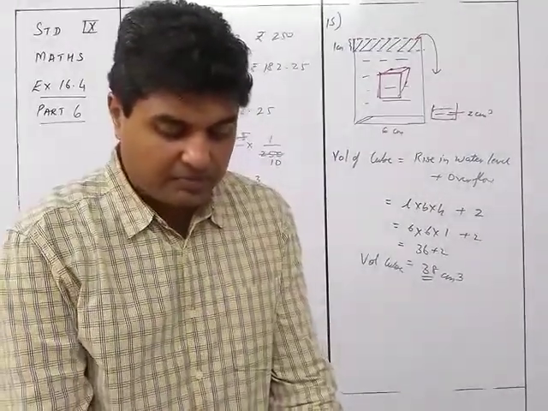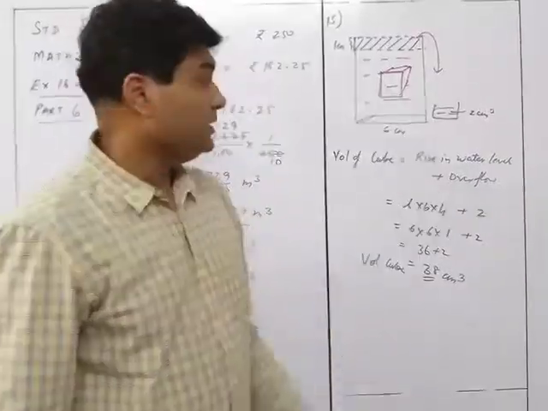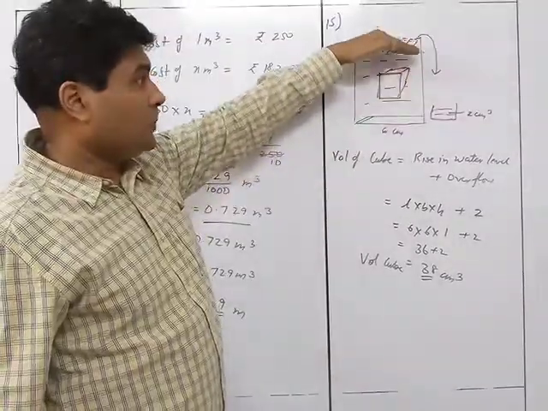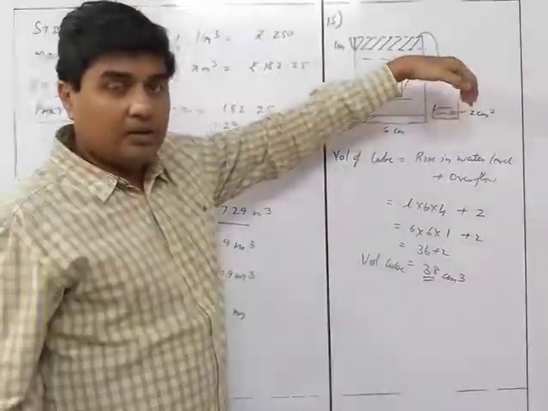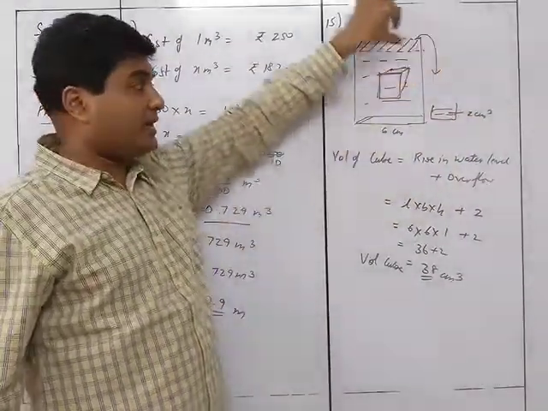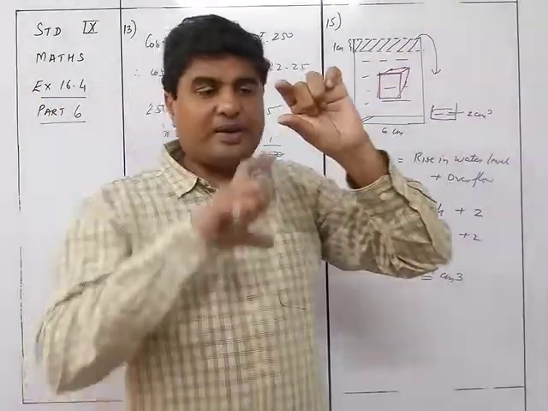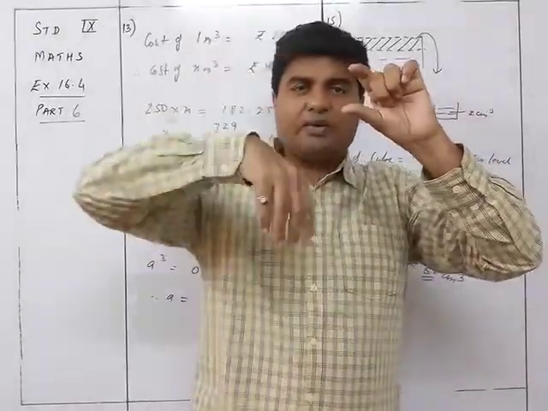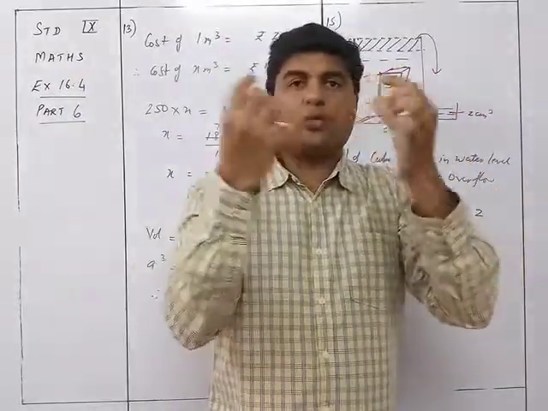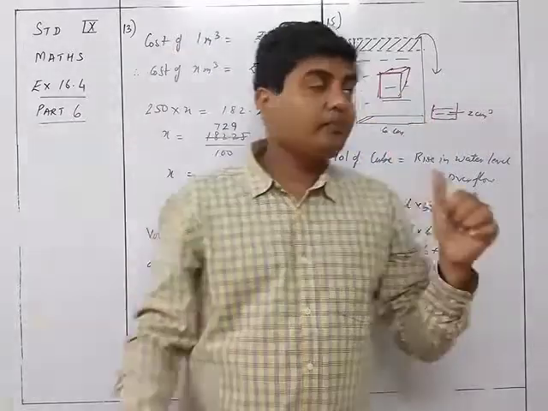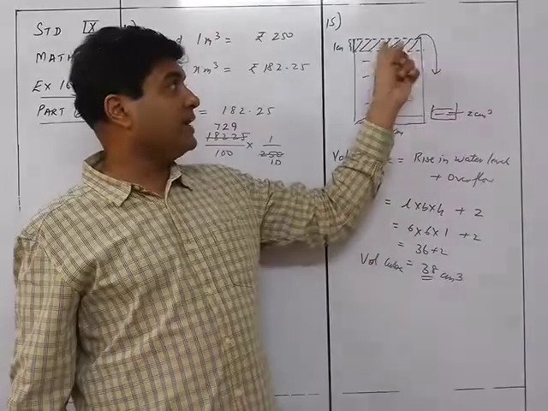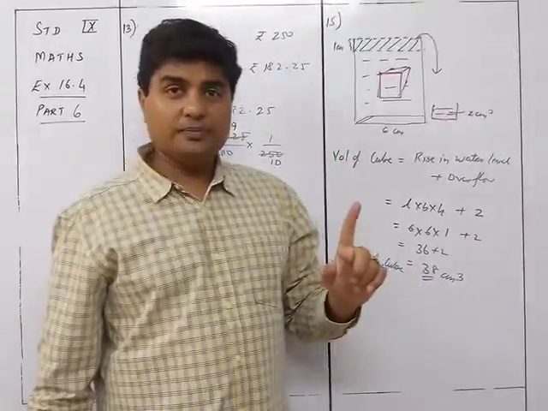Okay, that was sum number 15. Did you understand this thing? Earlier the water was up to here, and when I put the cube inside, the water came up plus there was overflow. How much overflow? 2 centimeter cube. And how much did it rise? It filled completely up to here. How much space was left? 1 centimeter was left. So the glass was filled up to here, and as soon as I put the cube in, the glass automatically became full. So this much area was nothing but the volume of the cube plus 2 centimeter cube. That is why the rise in the water level is length into breadth into height. That is this area. Understood?